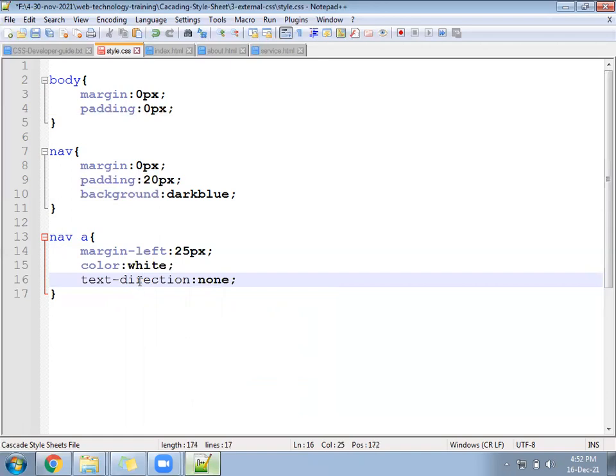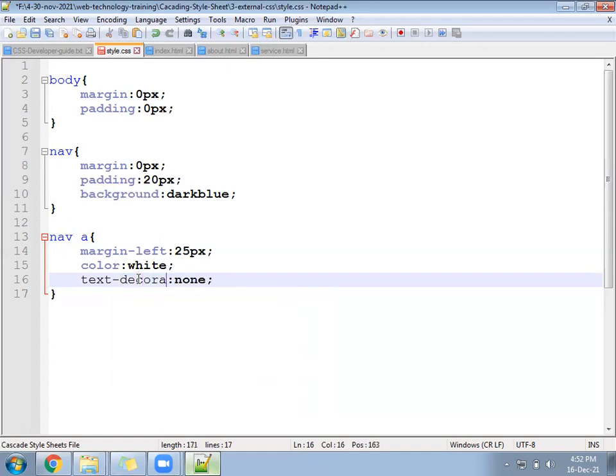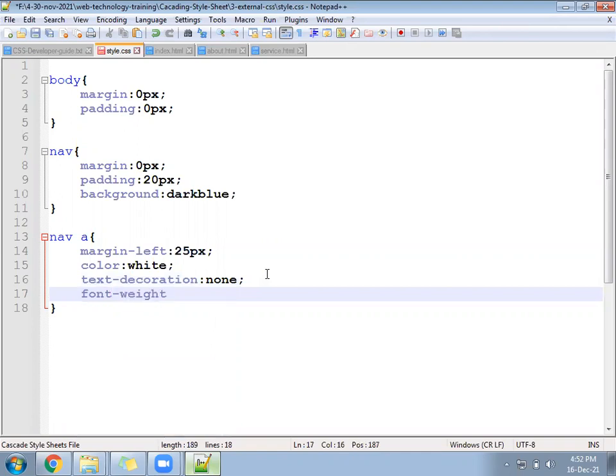Text decoration is for underline purpose, so it removes the underline. Color white, font weight a little bold.